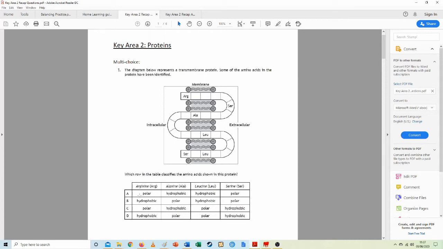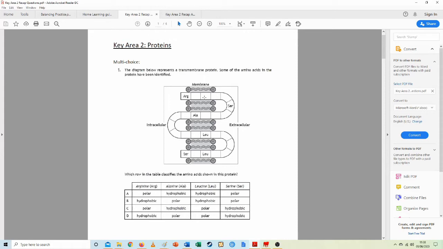So if we look down at the rows, arginine being polar, that does seem to fit. So arginine being polar, that fits with what we've got. That head section will be polar. Polar and polar, that makes sense. So alanine being hydrophobic, now that is sitting right in the membrane. These sections here are going to be hydrophobic. That means the alanine itself will be hydrophobic as well. The same argument for leucine, and serine is on the head section, which will be polar, so A is our